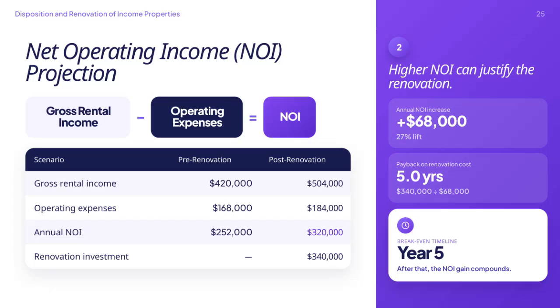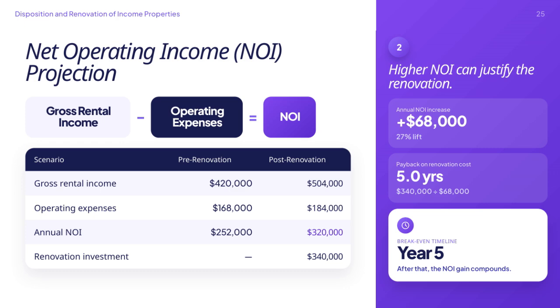Here we have a projection of the net operating income, or NOI, before and after renovation. Starting with gross rental income, you can see it increases from $420,000 to $504,000 post-renovation. Operating expenses also rise from $168,000 to $184,000, but the key focus is on the annual NOI. Before renovation, the NOI is $252,000, and after renovation, it jumps to $320,000, which is a $68,000 increase or a